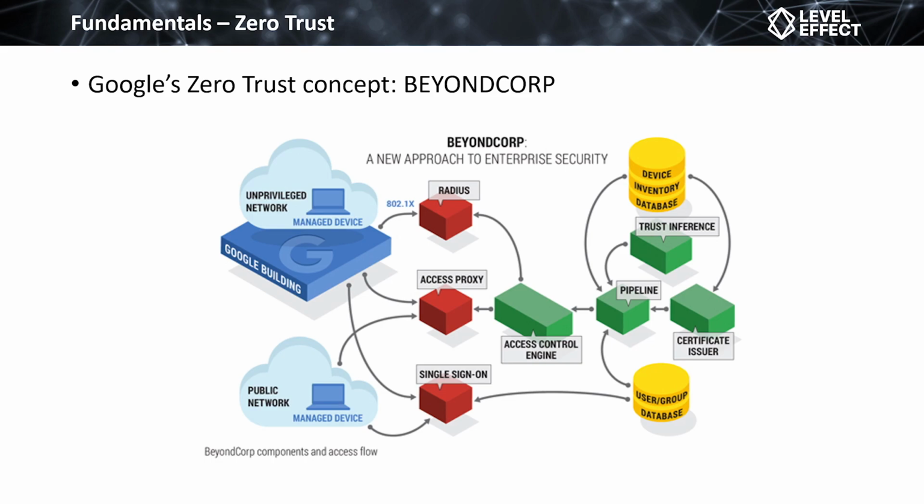So again, we have blue, unmanaged, untrusted devices, and then we've got these red devices: a Radius server, access proxy, and a single sign-on system. Essentially, these devices provide accounting and access. Who is trying to access? It's where you provide initial credentials. It's a portal to gain access to a data or service on the inside. We then go through these assets in green. These are the core systems and processes that make up Zero Trust.